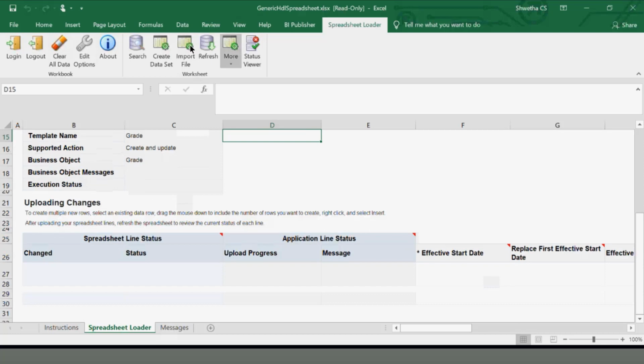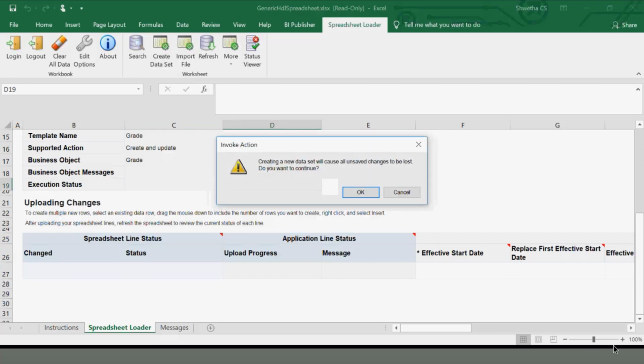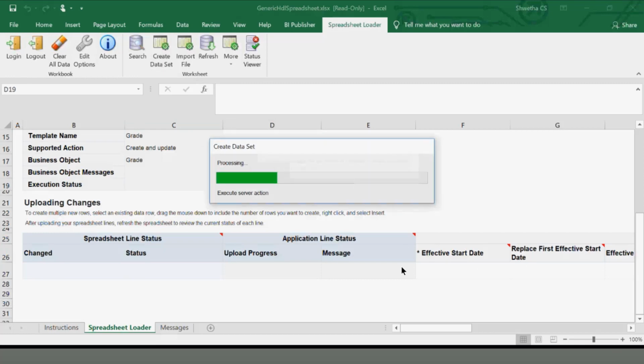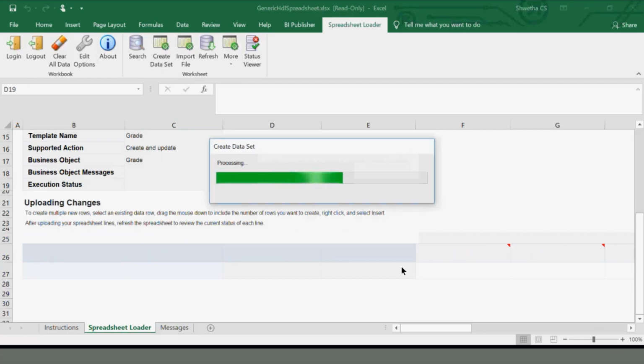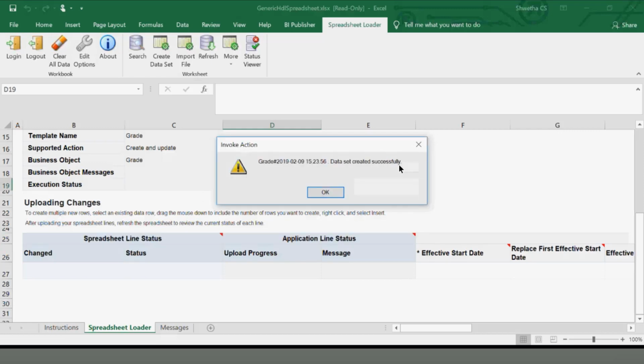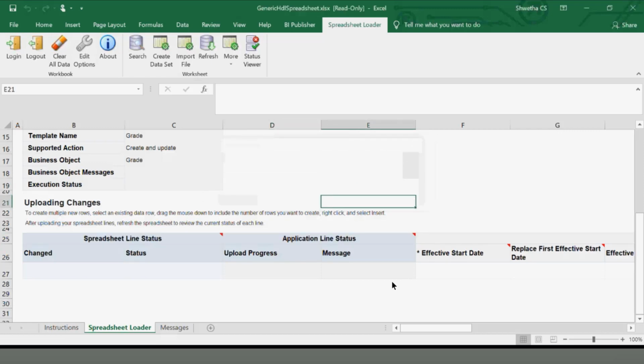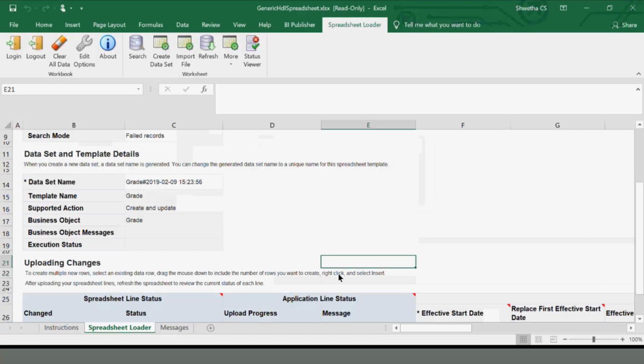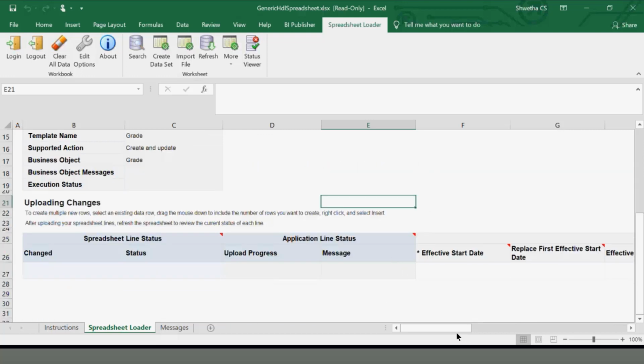So when you want to refresh your window, you can click on clear all data or login again. Login again will ask you to provide the authentication again, and it will open a fresh Excel sheet. And so create data set will try to add a line item. So I'll click on OK. So data set created successfully. So this create data set actually inserts a record in your